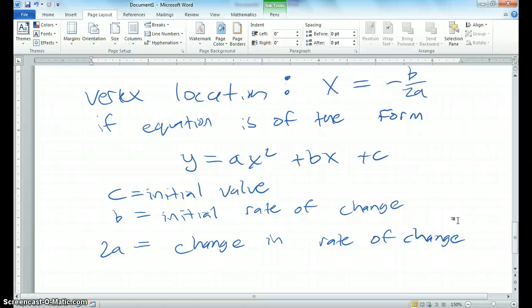In other words, only if this thing is quadratic will it have a vertex. Linear equations, we know, continue to increase or decrease forever and ever. And c is the initial value. The b, remember, if you were to cross out the ax squared, it would look like a linear equation, so it's the initial rate of change. But then if you take 2 times a, you get the change in the rate of change. And to locate where that maximum or minimum occurs, we would take the negative of b